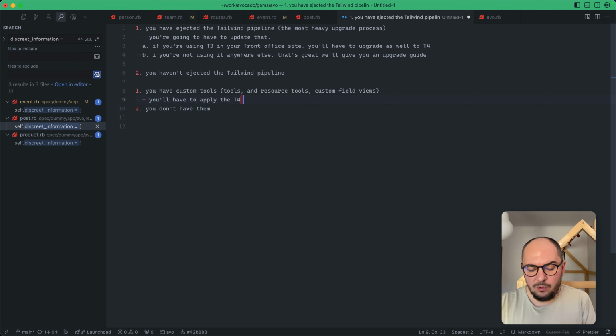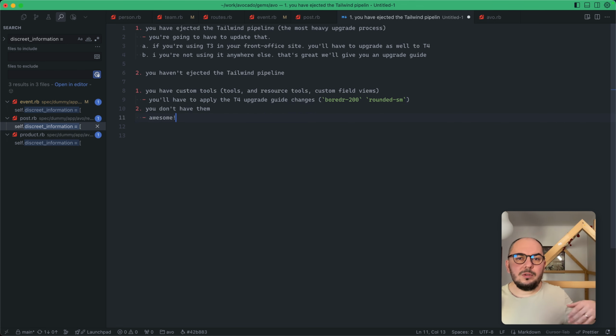apply the Tailwind 4 upgrade guide changes, which usually are like border 200 or rounded SM or something like that. You have to apply these classes somewhere. We'll give you the classes that you'll need to apply and where, and you have to do that inside your custom files. If you don't have them, awesome. You don't have to do anything. Everything will be switched for you for Tailwind 4, and everything should look the same as it did before. If you find some inconsistencies here and there, definitely tell us about it, and we'll cut a release really quick